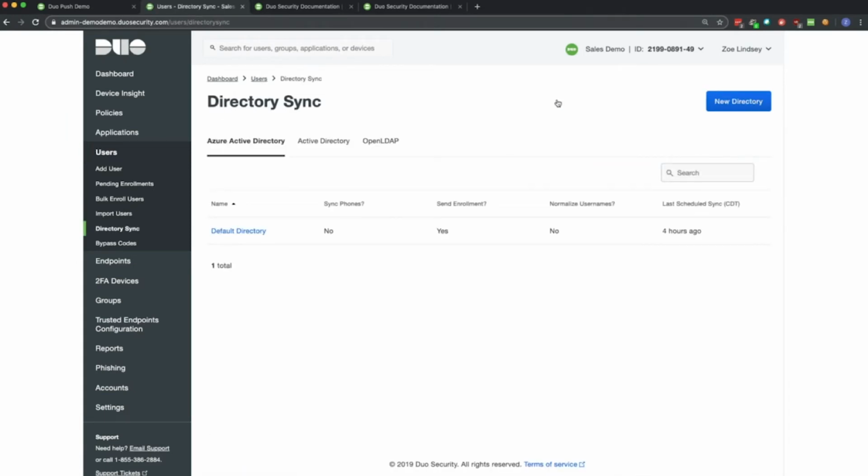But by far the most common way is going to be a directory sync. Odds are you're already using LDAP, Active Directory, Azure AD, some tool to manage user identities and groups, work groups within your environment. There's no reason that you should have to duplicate all of that work and management just to have that control in Duo. So we have a simple way that you can add a lightweight software proxy inside your perimeter that is going to send only the information necessary for that secondary auth request.